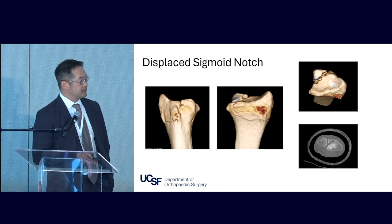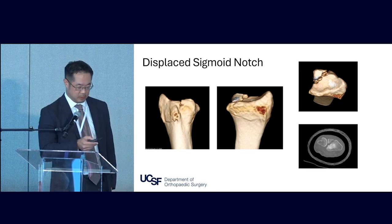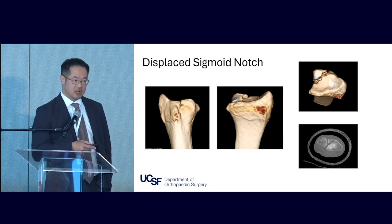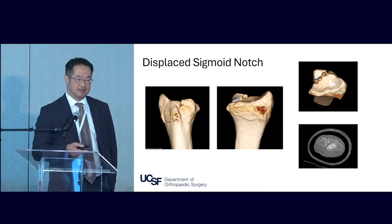And why is it unstable? If you look at the DRUJ congruency, this gap and this gap, there's actually some widening, which tells me that the DRUJ is unstable. And so that was my indication for surgery. This is also controversial. I actually ran it through a couple of my colleagues. They're like, why are you fixing it? And I said, because I actually believe that,